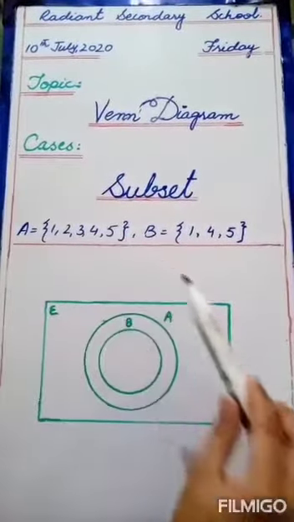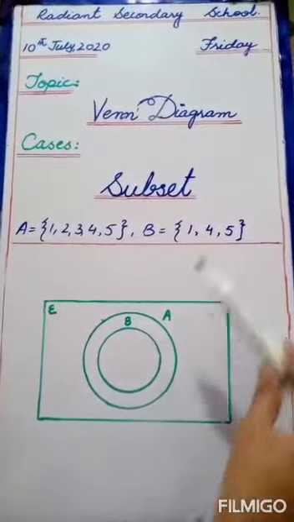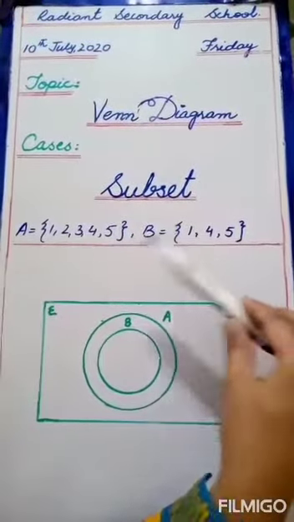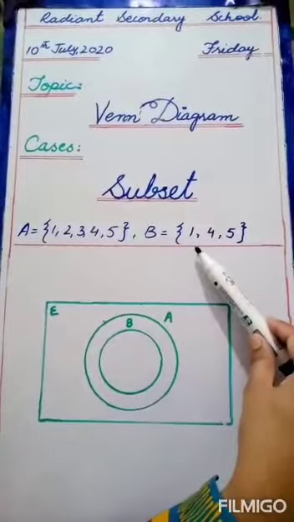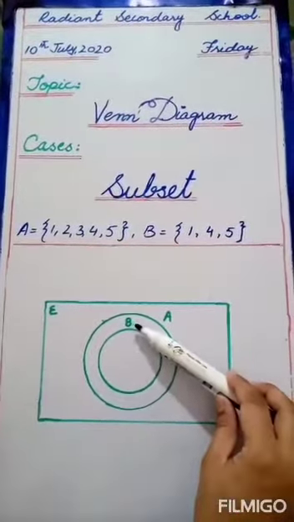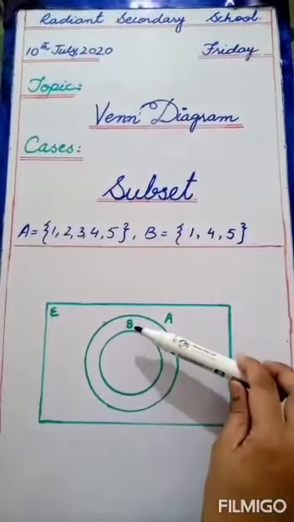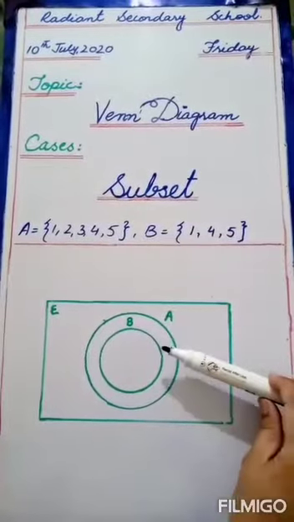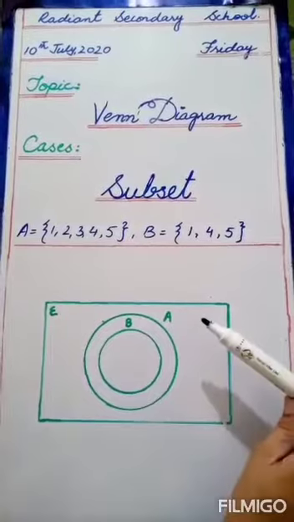In this case, we will draw the diagram like this, a circle within a circle. But be careful, you have to name the circle which is the subset. Like this, B is the subset of A, so we have to name the inner circle as B. If A is a subset of B, then you will name the inner circle as A. So be careful while making the diagram of the subset case. Just by writing the wrong names, your complete diagram will be wrong.